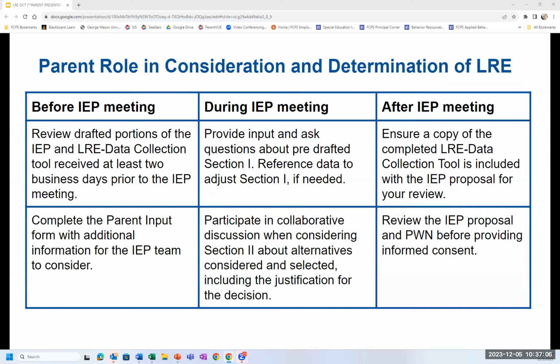After the IEP meeting, as a parent, you could make sure a copy of the completed LRE data collection tool is included with the IEP proposal for your review, and review the IEP proposal and PWN before providing informed consent.